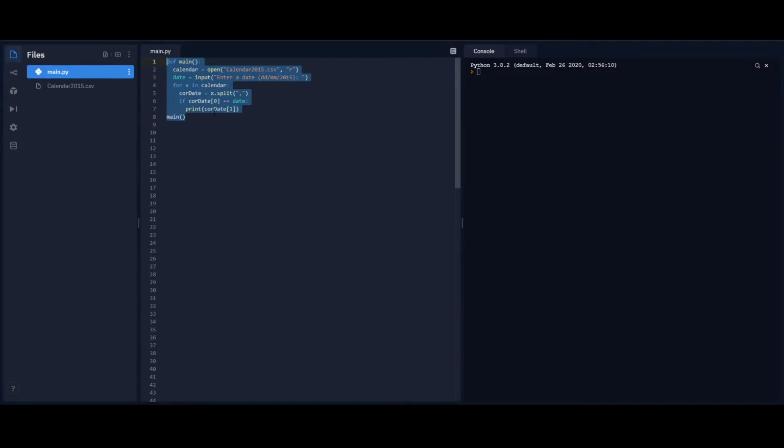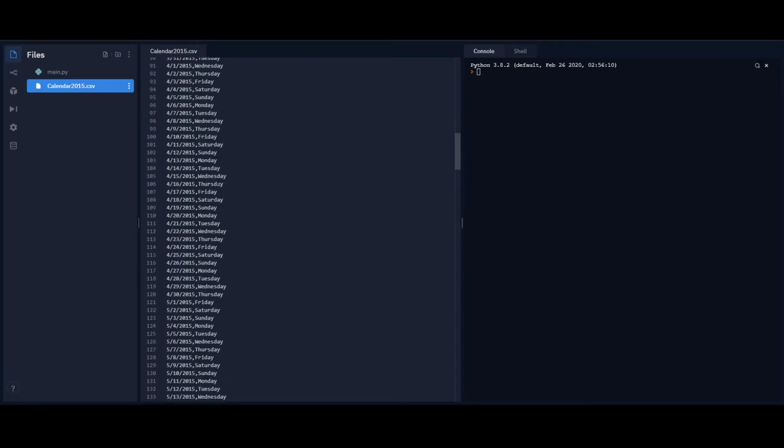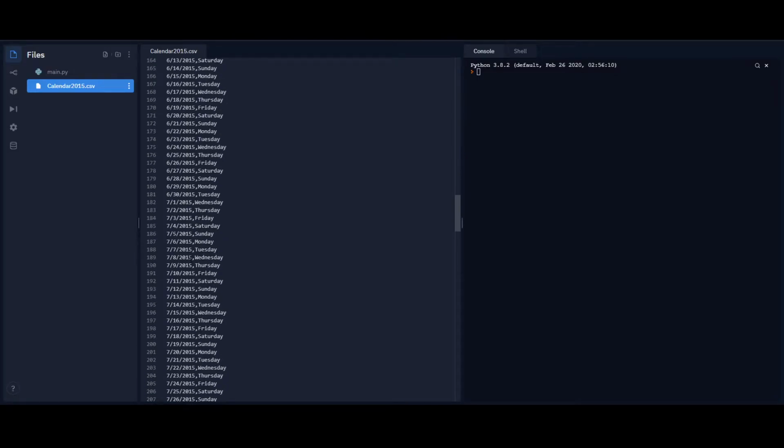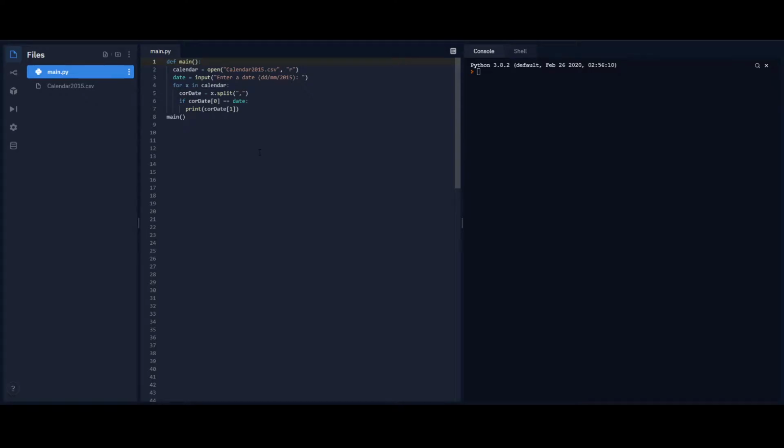This simple script that I wrote a couple of years ago is only meant to be used for the year 2015, because I have a CSV file that was already made for me, and I already have all these weekdays for these dates for the entire year of 2015. So I was able to do that, but I want to further expand on it and make some simple improvements. So, main function, and then we get into this CSV file with read, and we make a calendar,